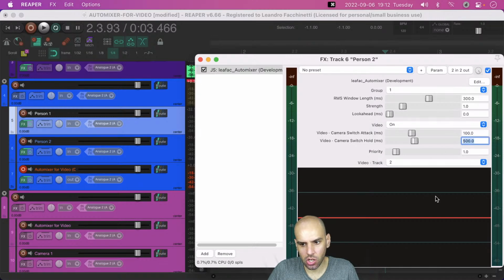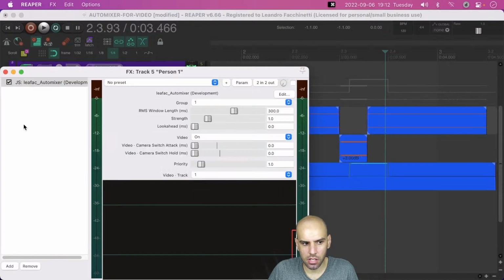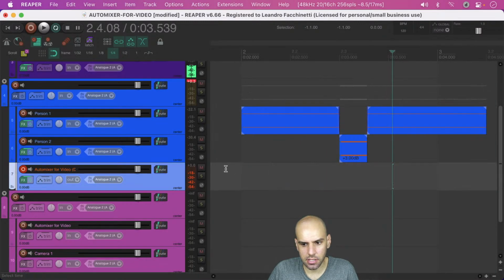Let's turn off hold for a moment. This slider doesn't really have the range to go down to 0, but it so happens that you can type any value and JSFX will just take it, and that helps us test stuff.